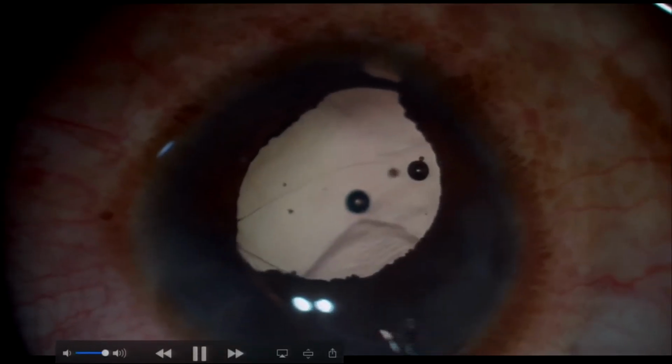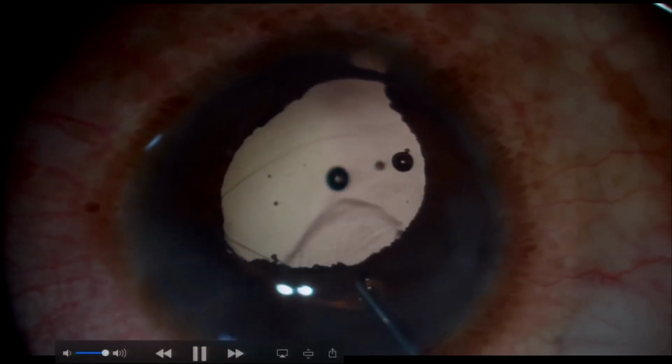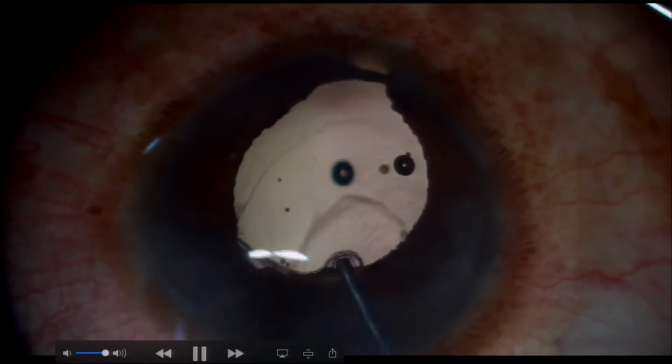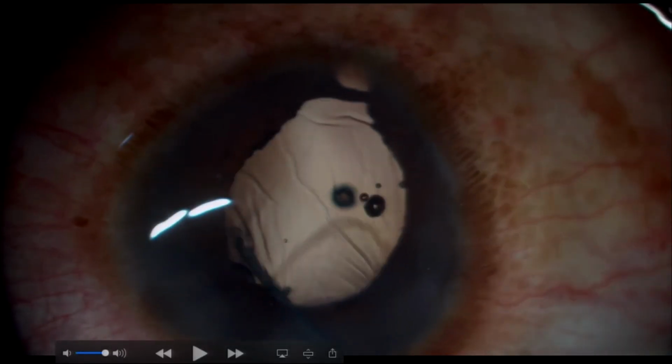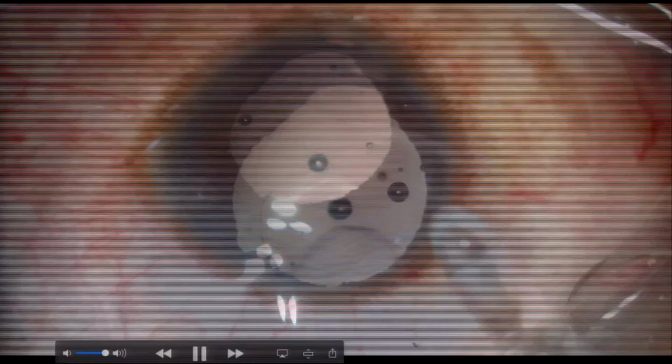So I just use the routine simple method of trying to make sure that one edge is under the bag, and then I use my Sinskey dialer to put the next edge. You can see there, the only thing you should make sure is when you see something, you make sure it goes into the bag, because once it goes into the sulcus, it is very, very difficult to find, and I think most times it becomes very difficult to retrieve these cases.